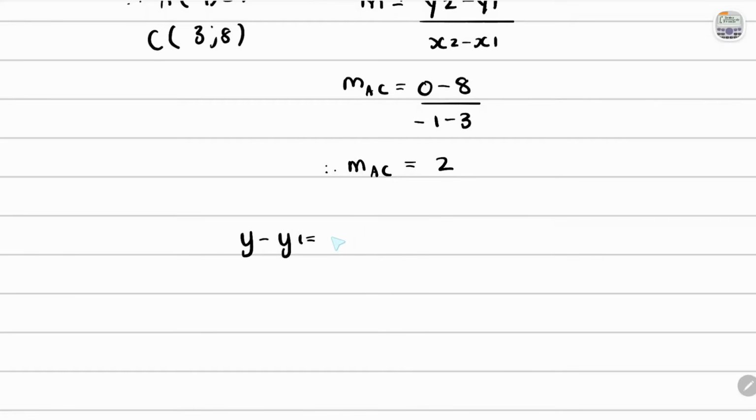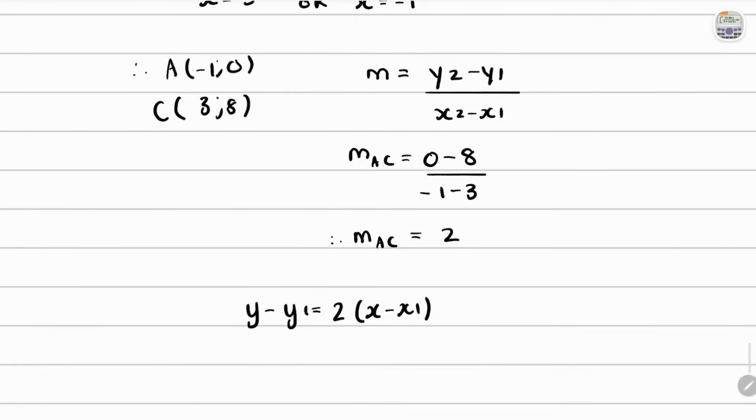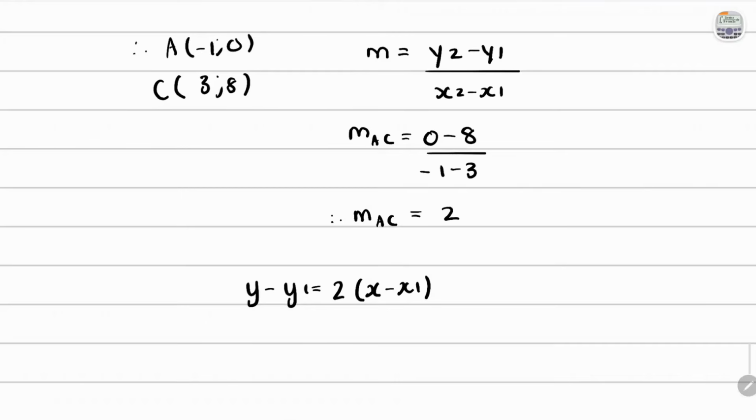But we already know what the gradient is. It's 2. So times x minus x1. And then substitute a point. Choose the easier point. So I'll take A. So this is going to be the x1. That is the y1. So this is y minus 0 equals 2 times x minus negative 1, which of course